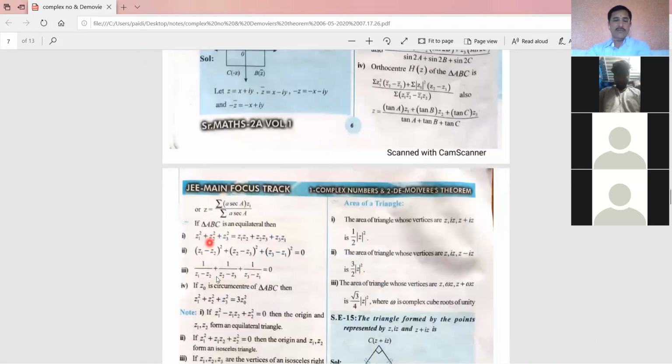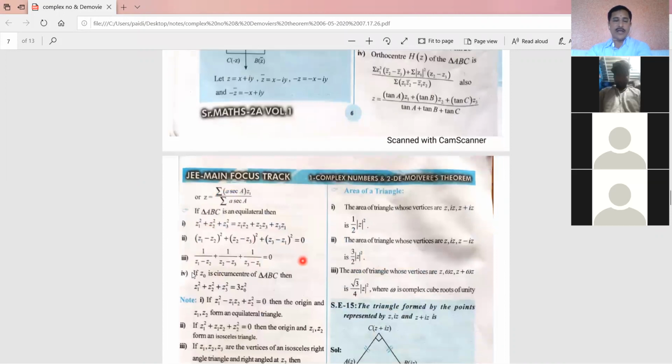So these are important properties in an equilateral triangle. The questions on these conditions are more often asked. If triangle ABC is equilateral, then Z1 square plus Z2 square plus Z3 square is equal to Z1 Z2 plus Z2 Z3 plus Z3 Z1. These are the conditions in an equilateral triangle. This is the first condition, or this is the second condition: Z1 minus Z2 whole square plus Z2 minus Z3 whole square plus Z3 minus Z1 whole square is equal to 0, or 1 by Z1 minus Z2 plus 1 by Z2 minus Z3 plus 1 by Z3 minus Z1 is